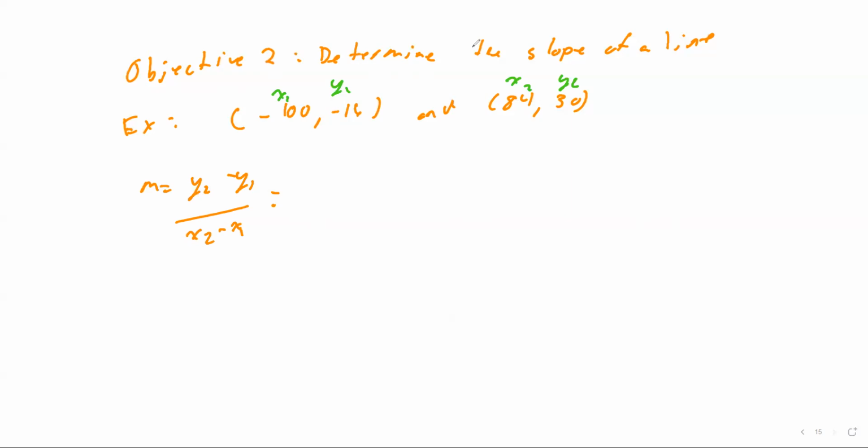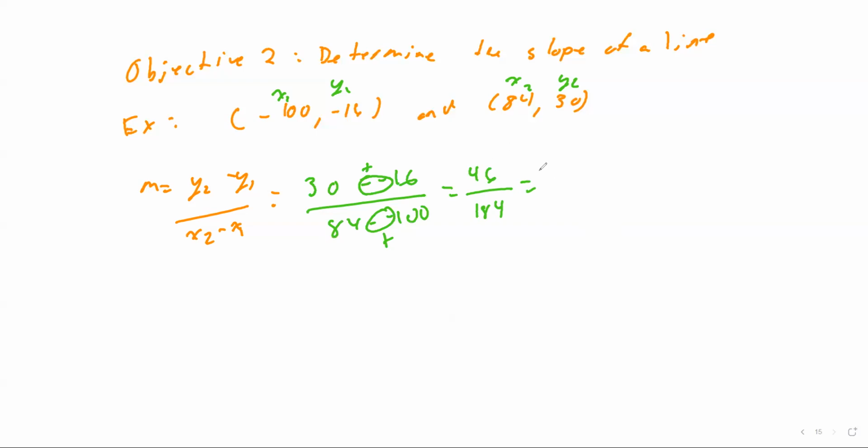All right, so when we plug this in, it will be 30 minus negative 16 over 84 minus negative 100. Recall that 2 negatives make a positive. So this is really 30 plus 16, which is 46. And this is 84 plus 100, which is 184. And then if you reduce this,